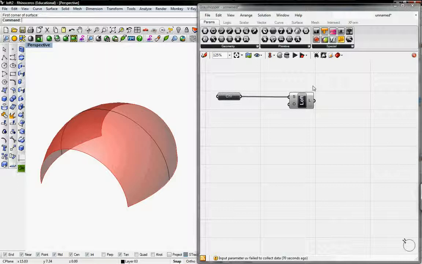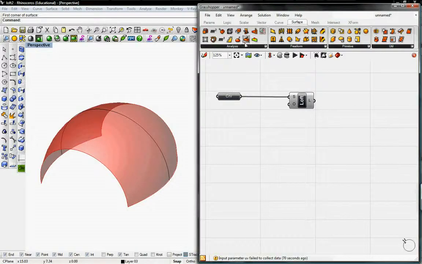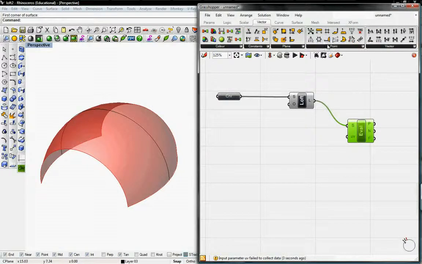And then once you guys finish that, we'll go to Surface, go Analysis, and grab the Evaluate Surface button. It's asking for a surface to evaluate, so we'll bring our lofted surface and connect it there. And then a UV point, so we'll go to Vector and grab a point XYZ, and then connect to UV. The X, Y, and Z is all default at 0, so that's why it's starting at the corner of a